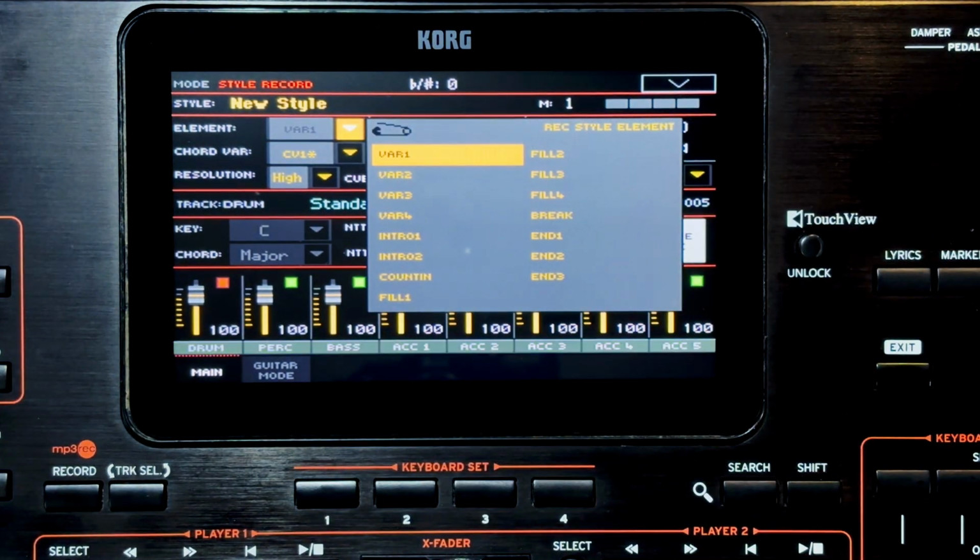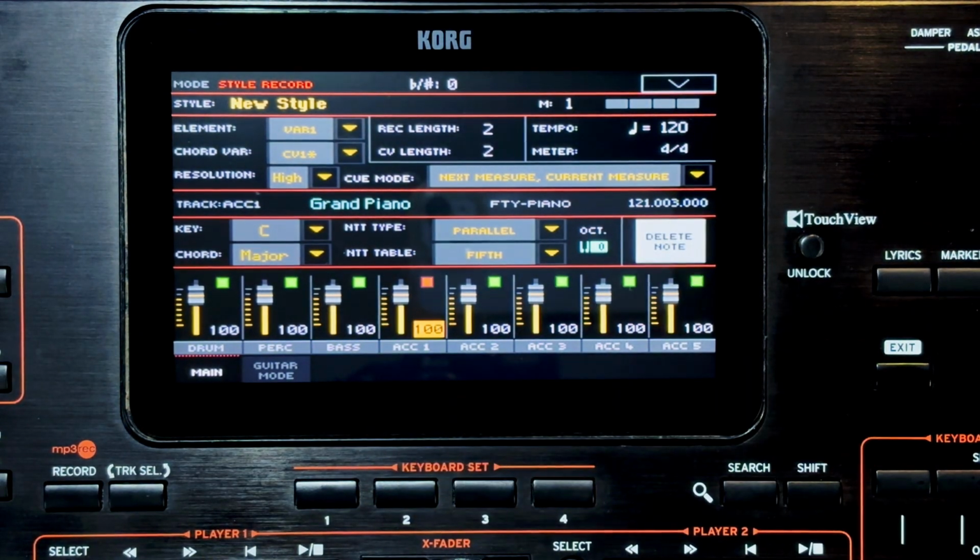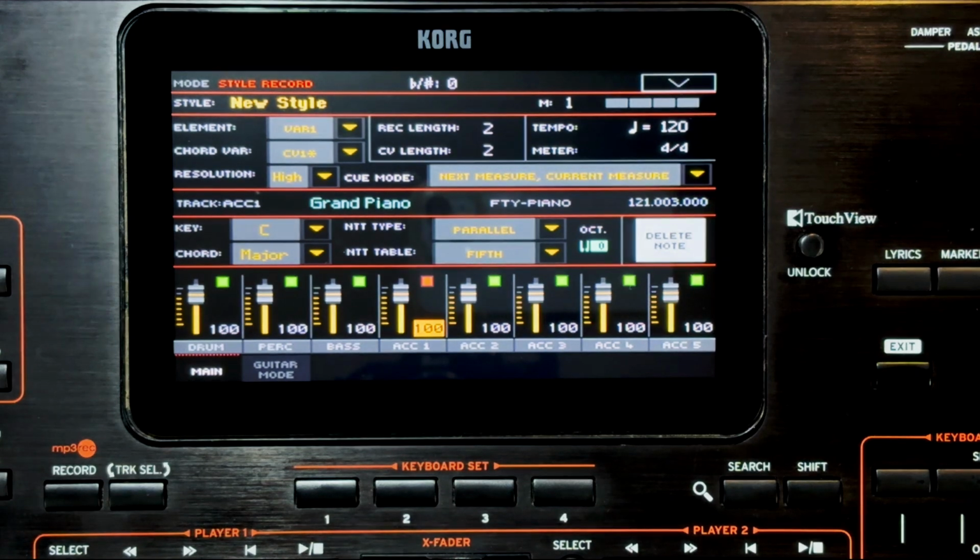When we create a style from scratch, even if we don't set the chord variations, by default we would be recording the patterns in the CV1, which is the first and default chord variation. That means each element will have at least 1 CV. What are these chord variations? They are actually different variants of the pattern in the same element, which would be played based on the chord